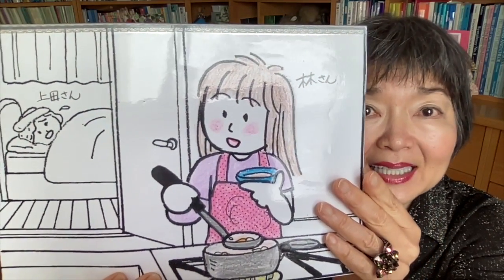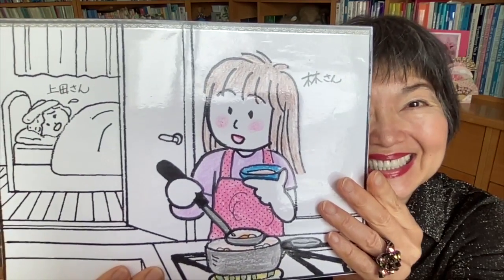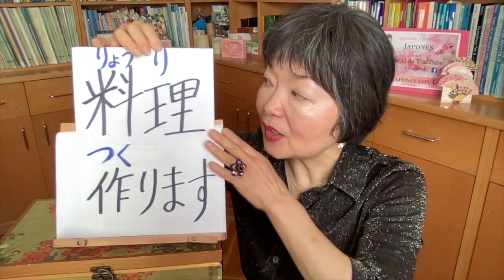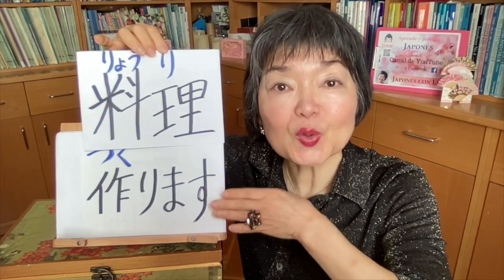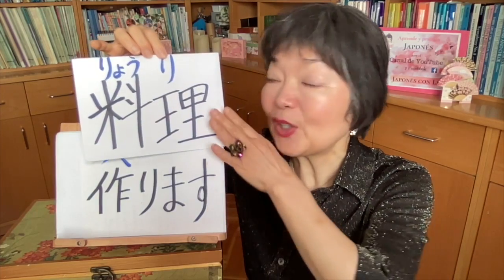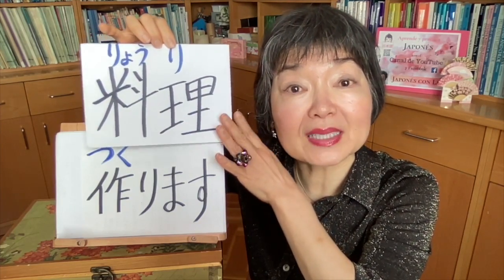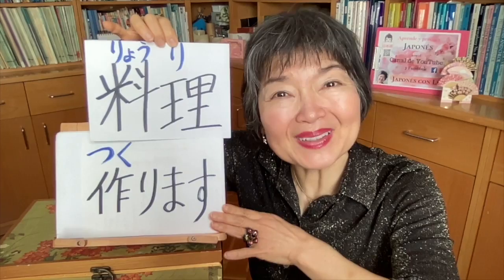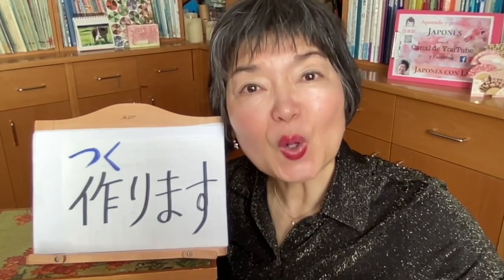I'm gonna cook for my friend. Well, here, for my friend, this is going to be the indirect object. 料理, cooking, dishes, meal, 料理, and to prepare a meal, 料理を作ります, because 作ります is a transitive verb, to make or to prepare. In this case 料理を, because this is the direct object. 料理を作ります, to prepare the meal, to cook. 友達に料理を作ります。